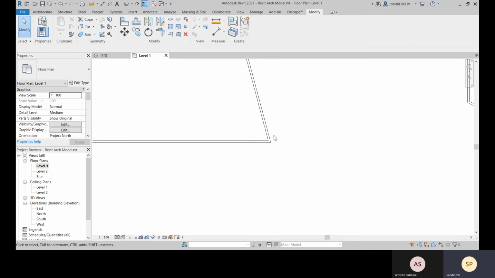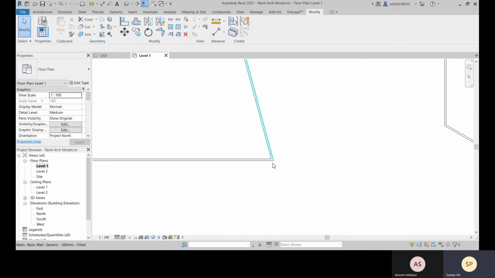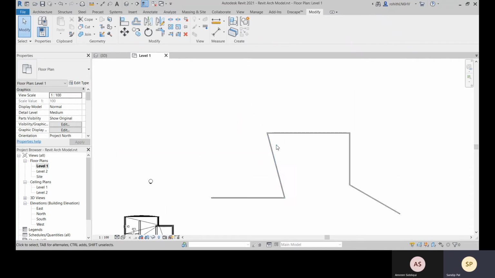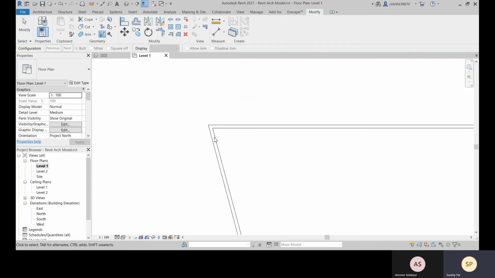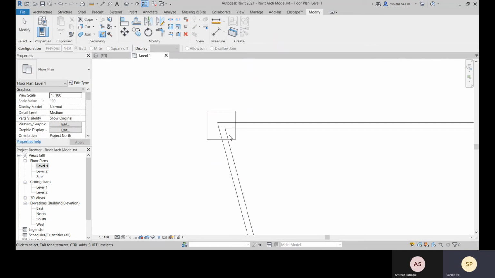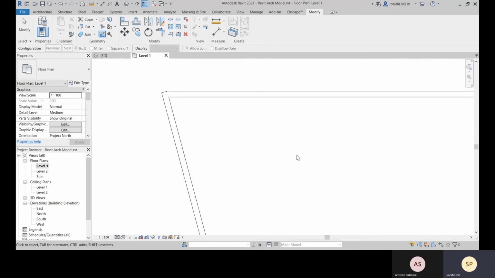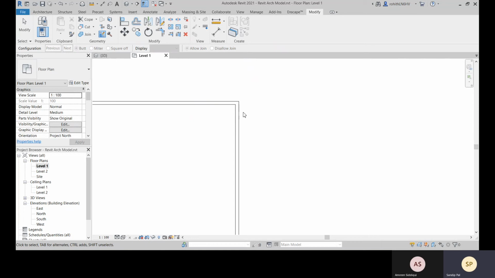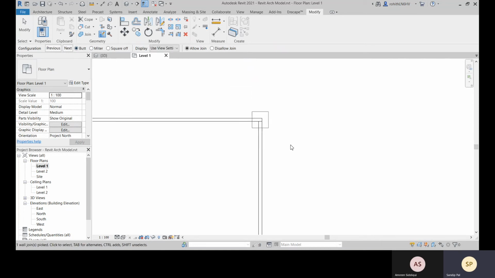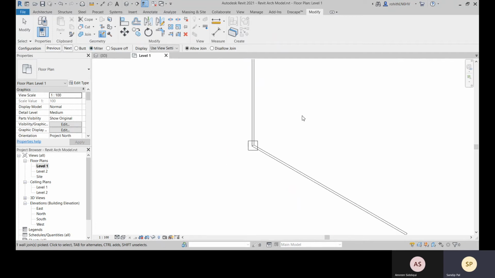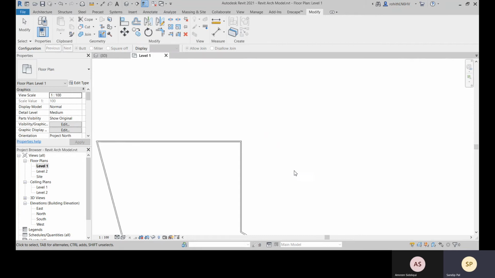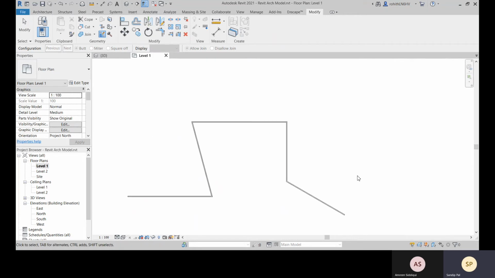Okay, so this is for the miter, and you select it. Select this wall also. So for this you can make it square off, for this you can make it butt, and for this you can make it miter. Okay, all right.